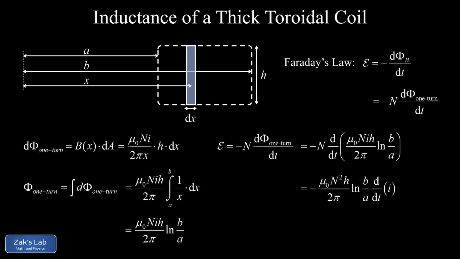But remember, the whole definition of self-inductance is that it's the constant of proportionality between the induced EMF and the time rate of change in the current. So all those constants out in front is exactly what we're looking for here. That's the self-inductance of the thick toroidal coil,